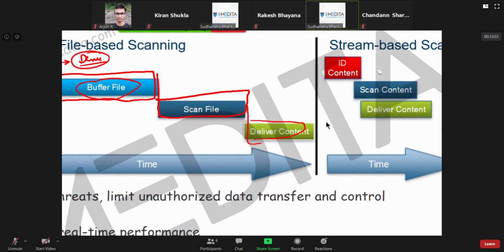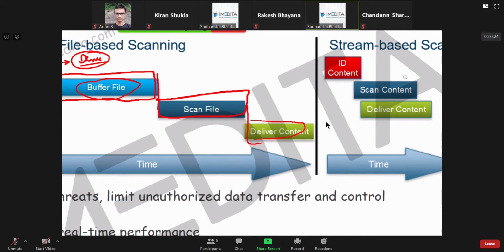The way it works is you scan and deliver individual packets. If it finds something malicious somewhere, it can block this device from downloading it further, which doesn't allow the person to access it.